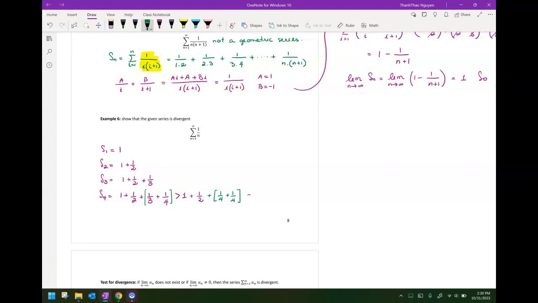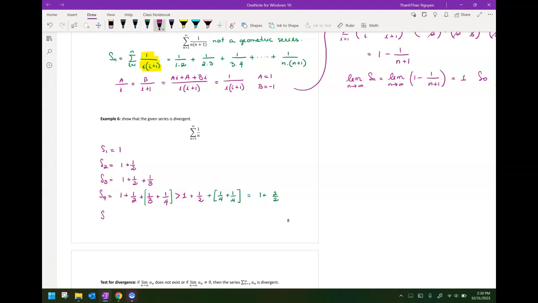And this is equal to 1 plus 2 over 2. If I keep going with this,